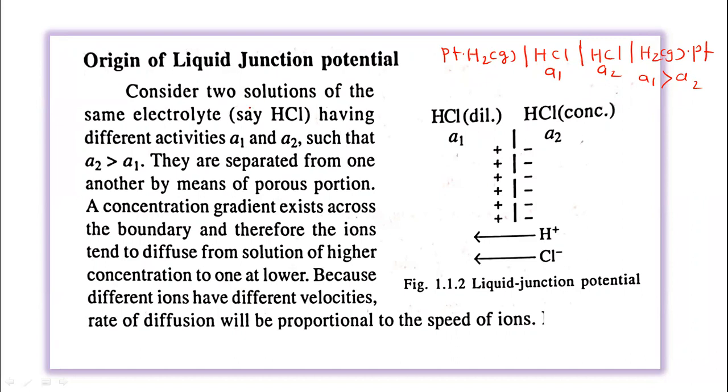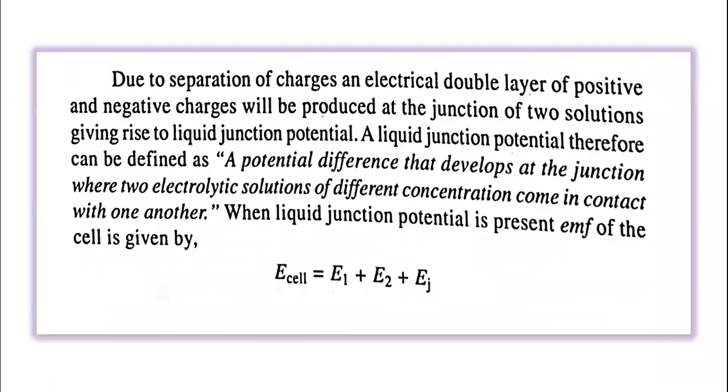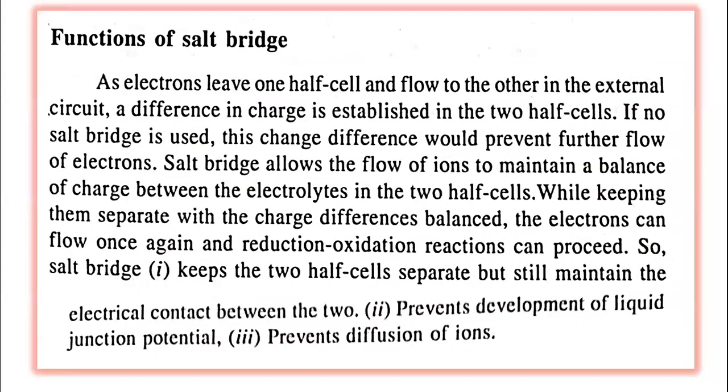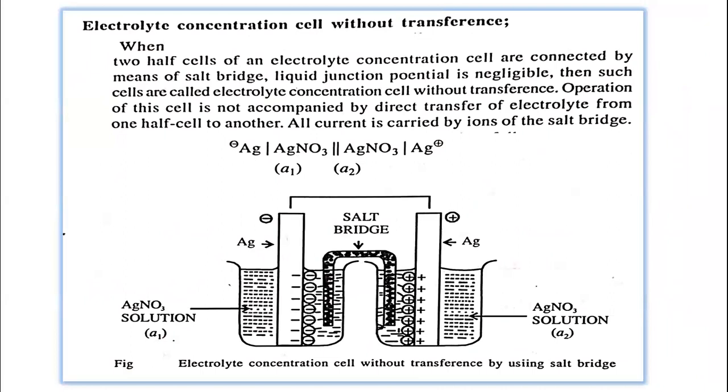So consider two solutions of the same electrolyte, HCl, having different activities A1 and A2, such that A2 is greater than A1 or A1 is greater than A2. They are separated from one another by means of a porous partition. Suppose that this is a porous partition. Or let us show this in another diagram. The electrolyte concentration cell can be,